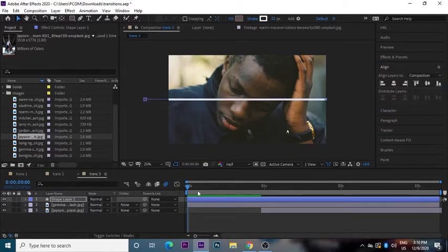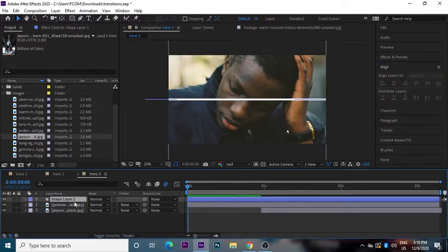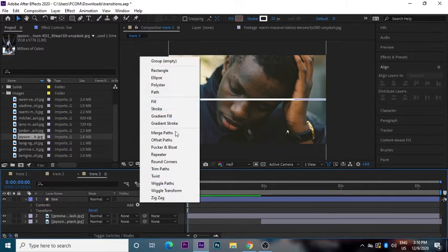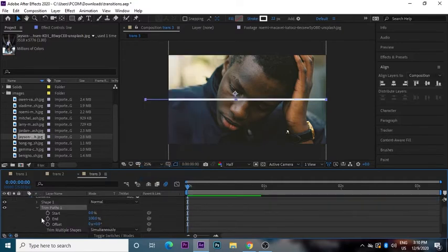Now we have to animate this line. First of all, let's name this line LINE, and let's select this arrow, go to the add and add a trim path. Here the trim path, and select animation for the start, go to around a half a second or more than that, less than that, and just make it 100.